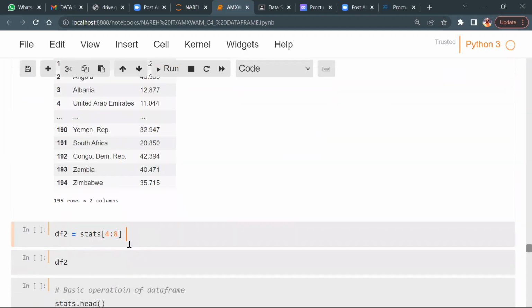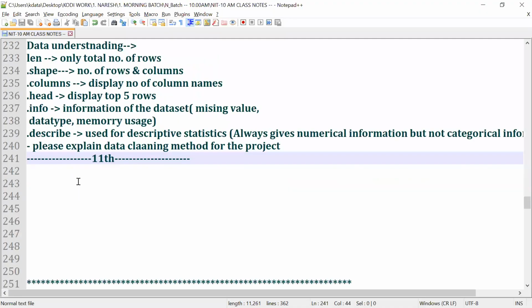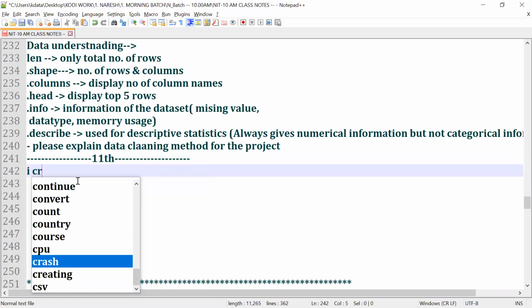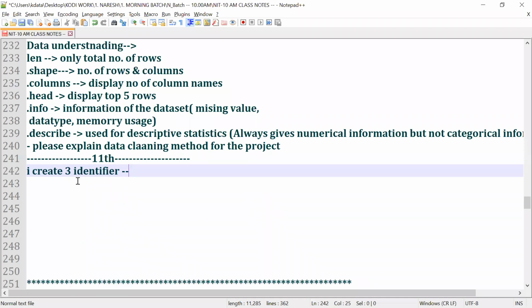df2 holds only the 4th to 7th record information. So let me write down here, guys. So here I create 3 identifiers, right?